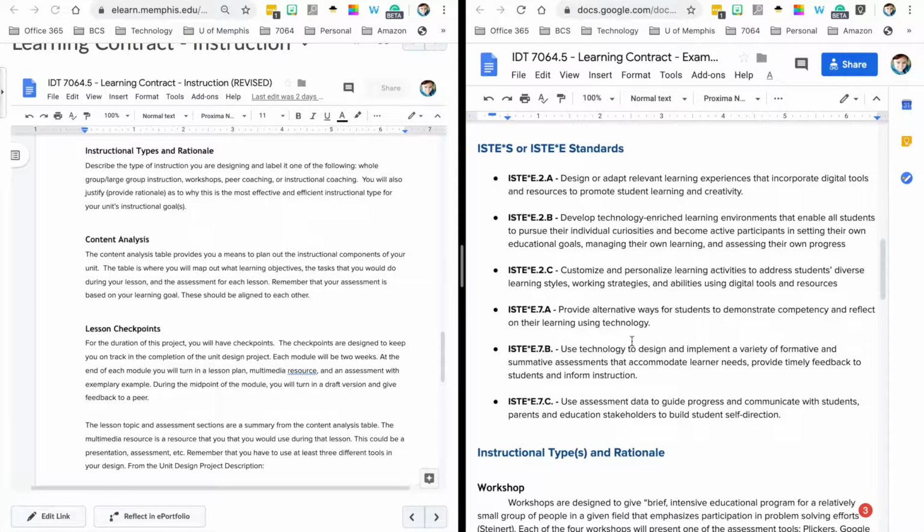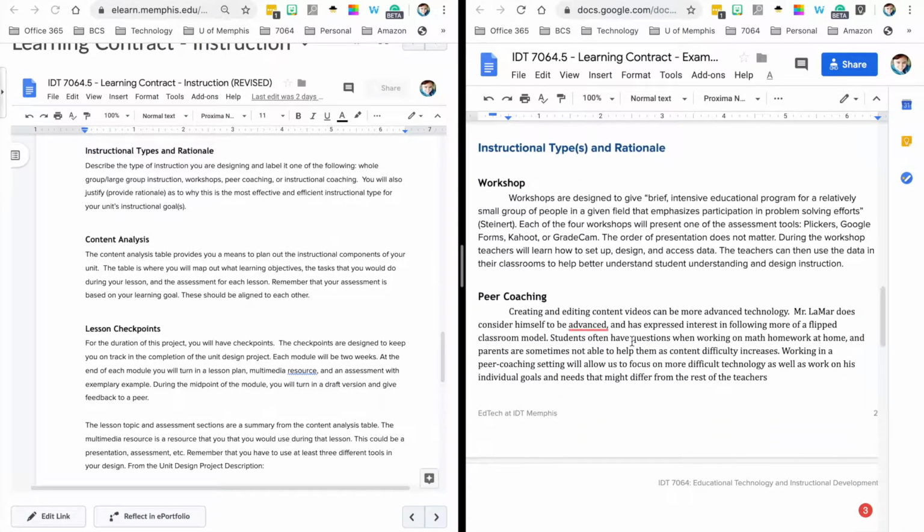Your instructional types and rationale. This is coming, again, from your needs analysis, where you briefly talked about what your instructional type is going to be based off of the results from your survey. Here's where you're going to be giving a more in-depth analysis where you're telling which ones you're going to do. And this is based off of